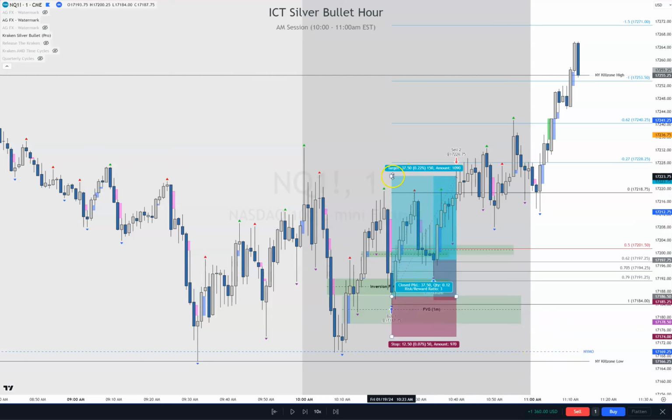Now, could we have targeted up here and did our 3 PD array thing? Absolutely. But I'm just showing you the different ways that you can trade things. So how you manage your stop is your business. How I shoot for my targets is my business. So if you guys want to trail it up, you can use the 3 PDA rule. But if you did that here,